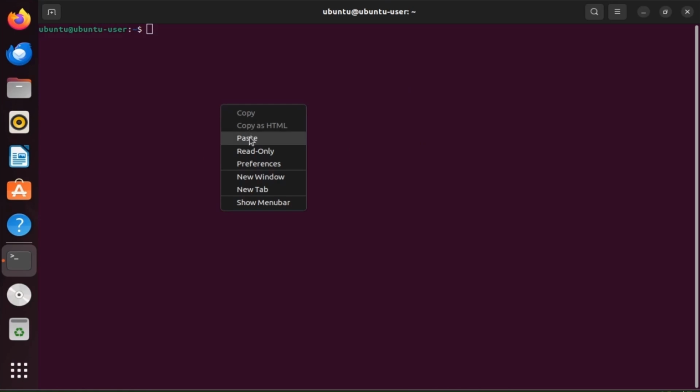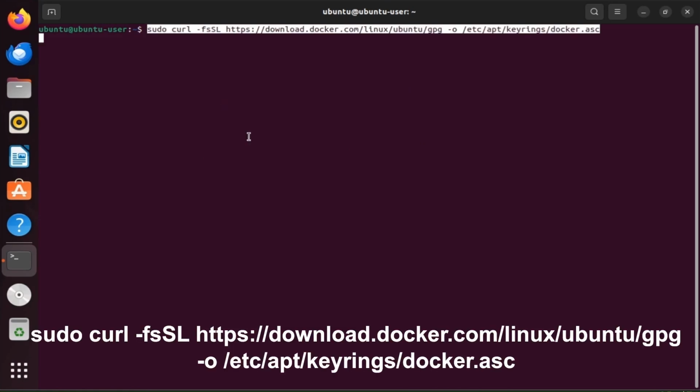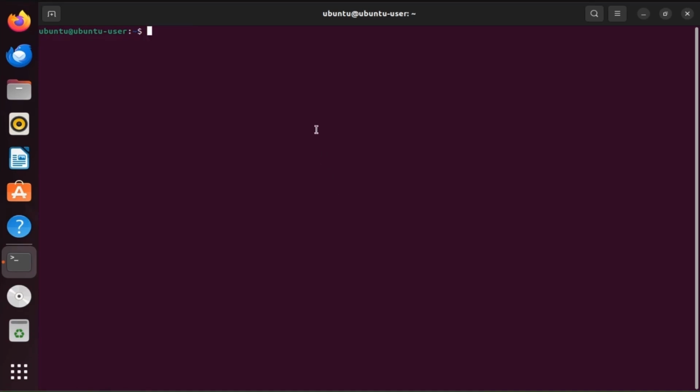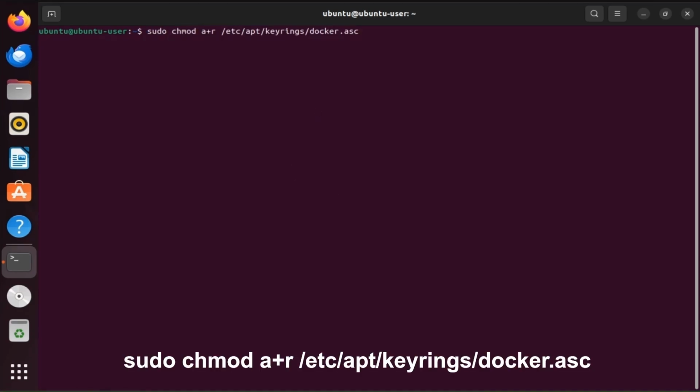Next, we will download Docker's official GPG key and save it in the directory using the command. This command fetches the Docker GPG key using curl. The -fsSL options ensure the download happens quietly, and the -o option tells curl to save the file as docker.asc in our newly created directory. Finally, we set readable permissions on the key file so it can be accessed using the command sudo chmod a+r